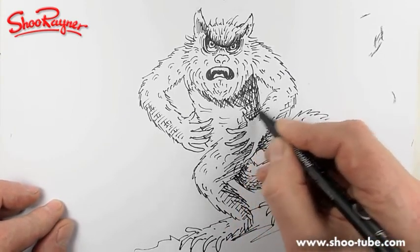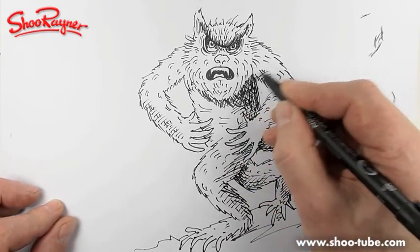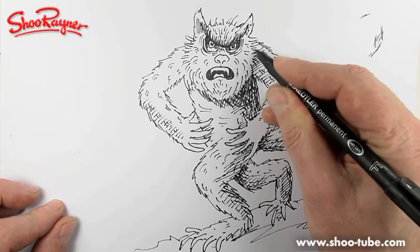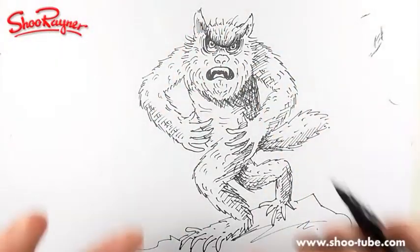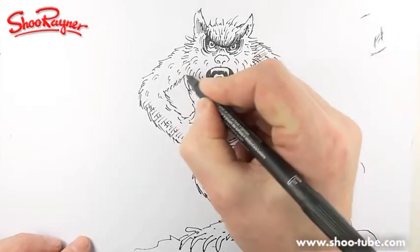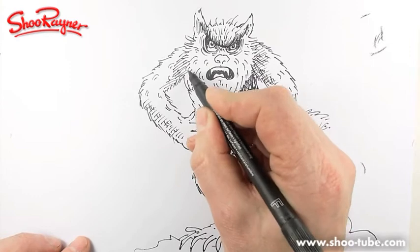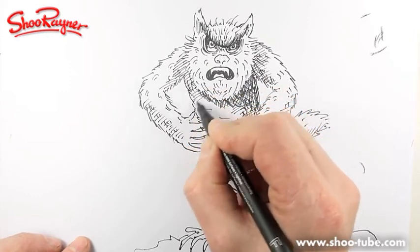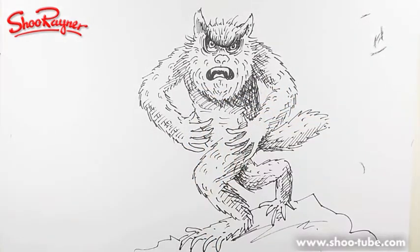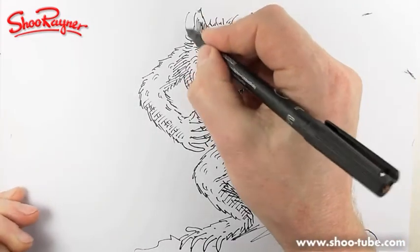And then if I follow that all the way up there, I'm going to want some here, and that'll put shading behind the head, which brings the head forward, and I'll give some more in there as well, I think. And again, I'm going to want some in there and all the way down like that. Ow! Oh, I just stabbed myself with my pencil. That's made me bleed. Right, and I'm going to give him some